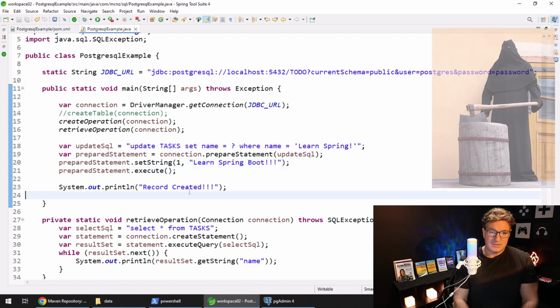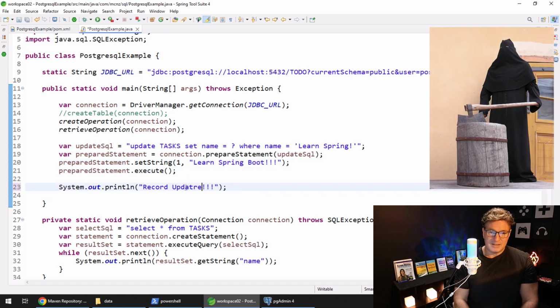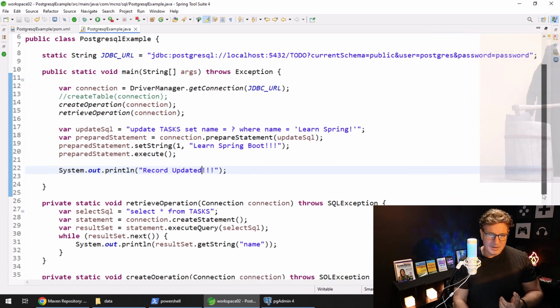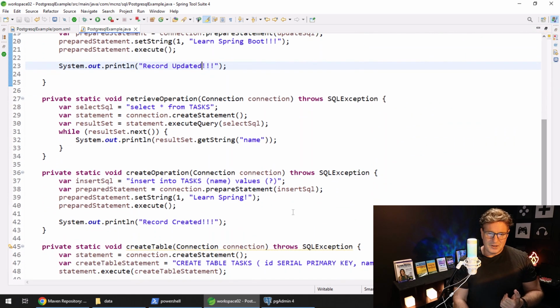And now that executes it, and we can say record updated, right? So it's just piggybacking off the code that we've already written. The only thing interesting here is really the change to the update statement. Now, again, every time we run our code,